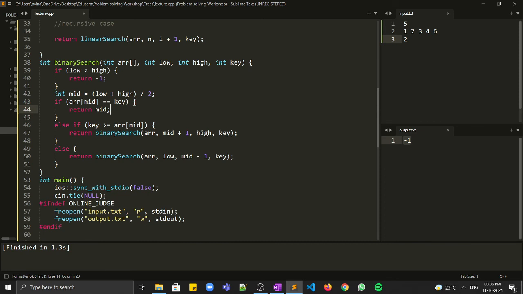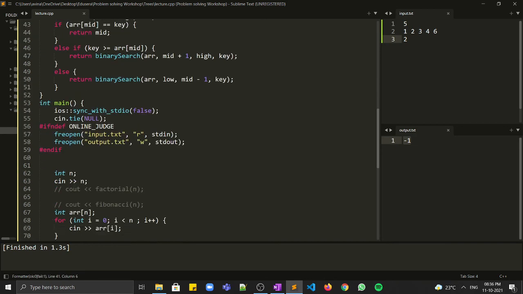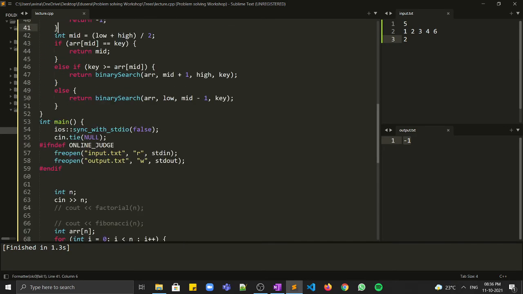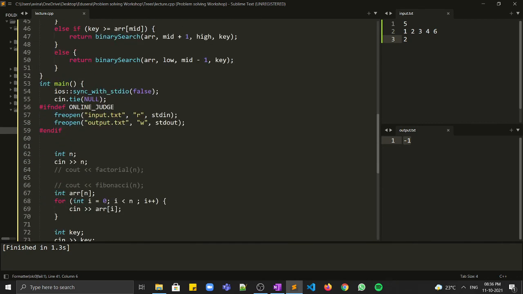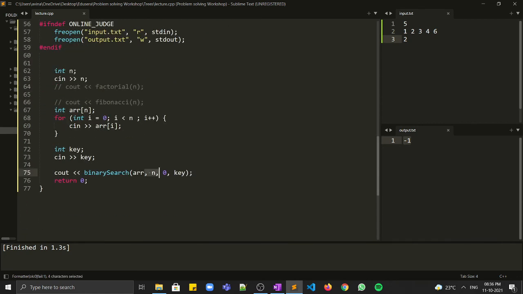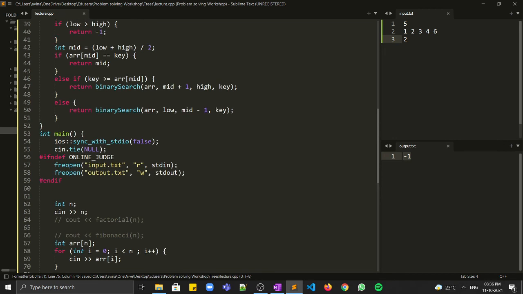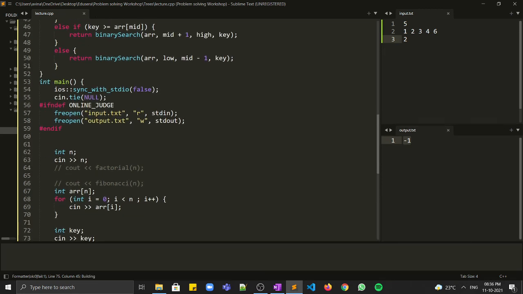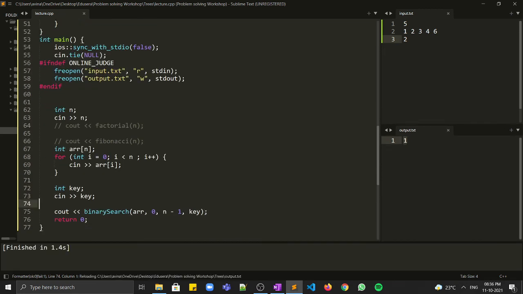Let's see why. If low is greater than high, we simply return -1. Yeah, that is correct. Okay, we made a mistake. We have to change the parameters as well. So low will be 0 and high will be n-1, right? Now we can check, we are getting 1, which is correct.